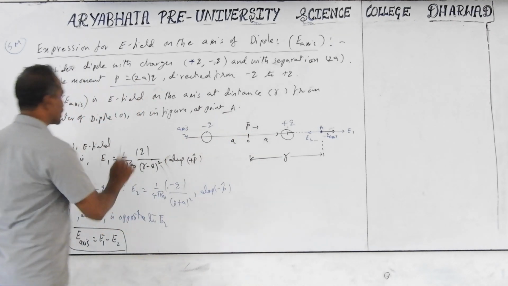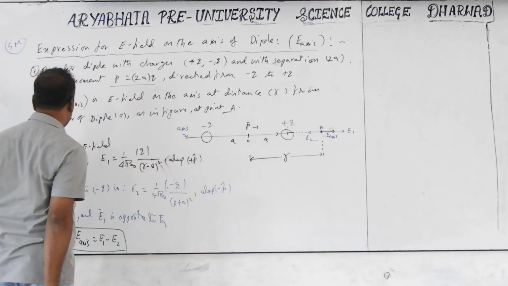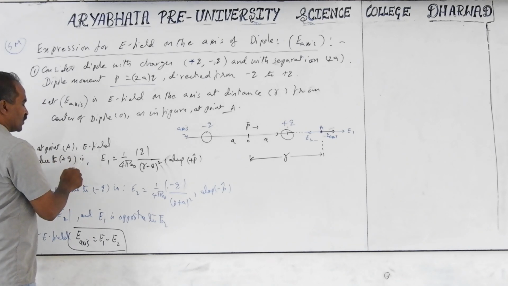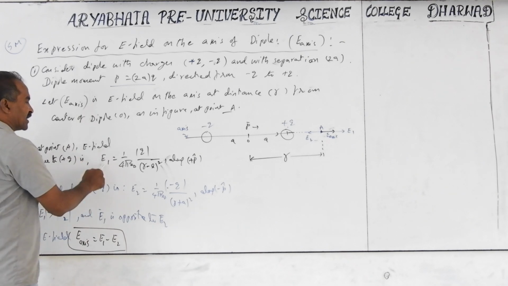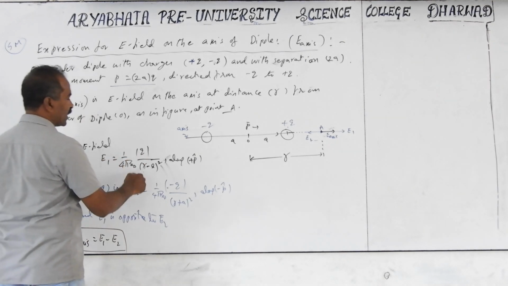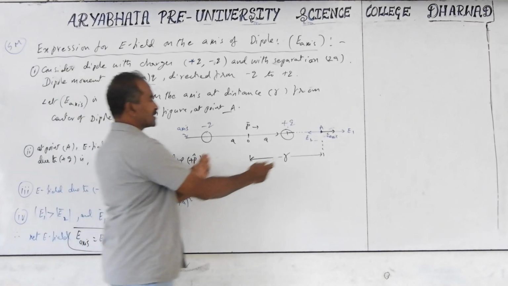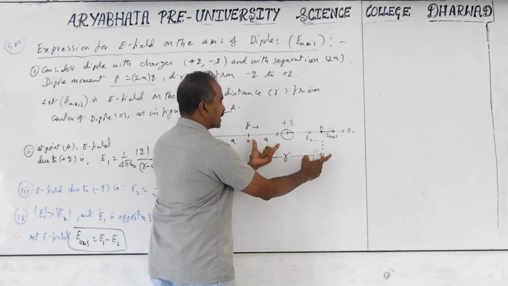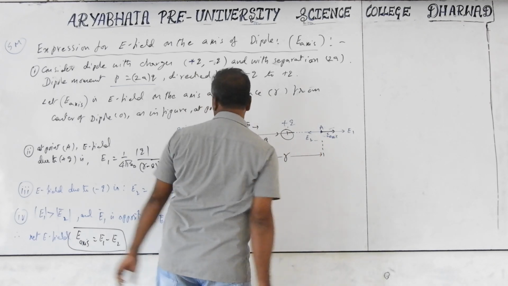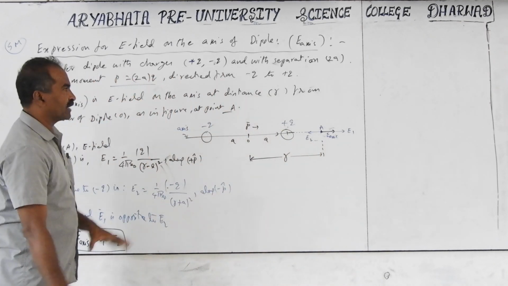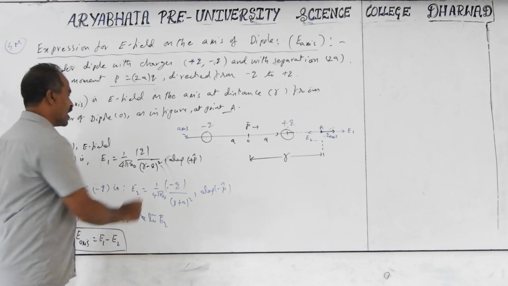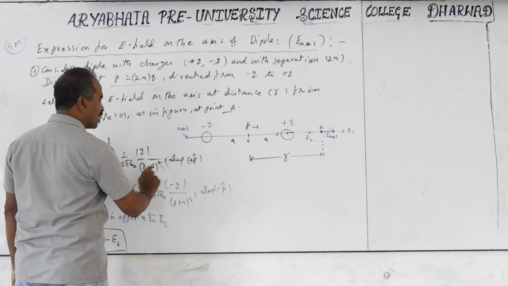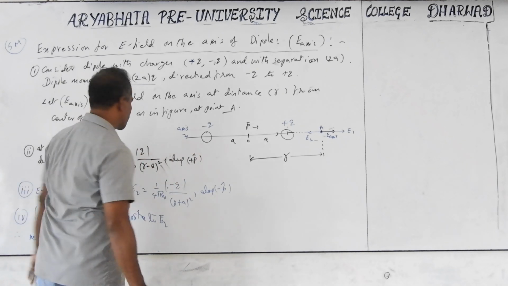Now the electric field due to a single charge, each separate charge you should take, at point A. Electric field due to plus q, only one single charge if you consider, E1 is equal to 1 by 4 pi epsilon into q by (r minus a) whole square. This distance is r, but this distance I want. This is a. So r minus a is this distance. You don't have to mention the diagram, but you have to be careful while deriving in the examination. What is the direction? Along plus P. You can say along plus P, or you can also mention away from positive charge.